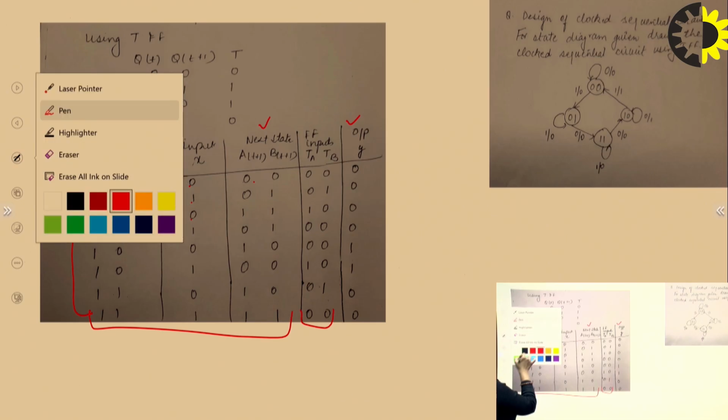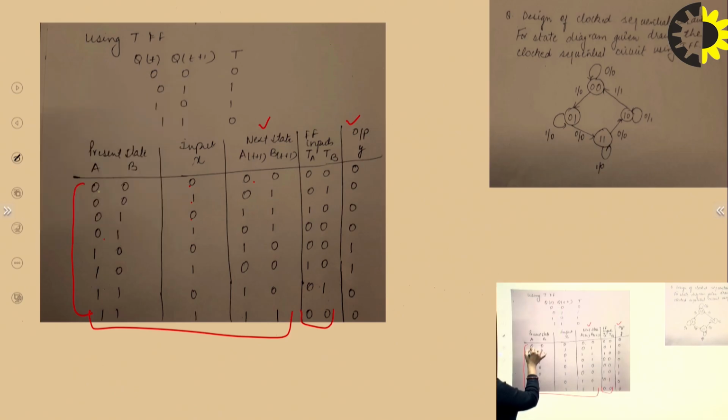So now for the flip-flop part you will be seeing only this present state and your next state, right? You need not check your input, only check your present state and next state, and then you will get your flip-flops. So first see, in the first part when your A is 0 and your next state is also 0, that means both 0 0. So when both are 0 0, present state and next state, your T will be 0. So I have written T 0. This is 0, this is 0, 0, right?